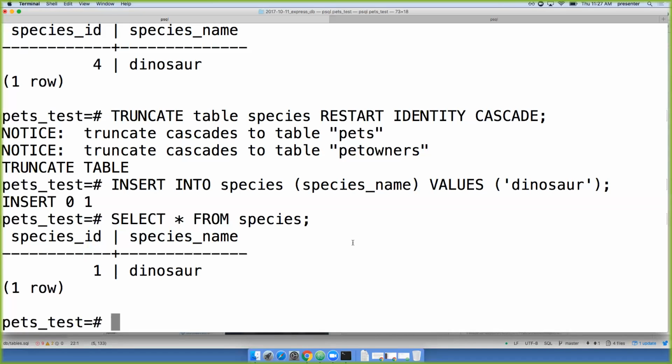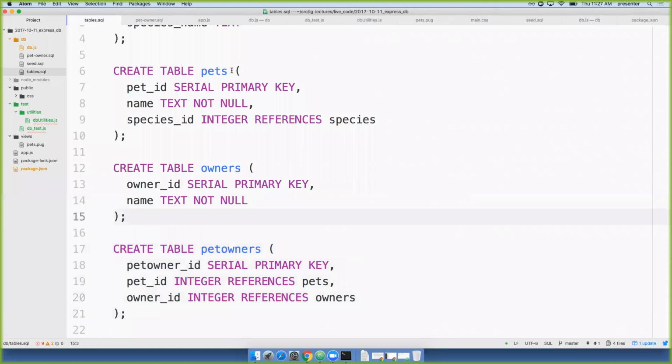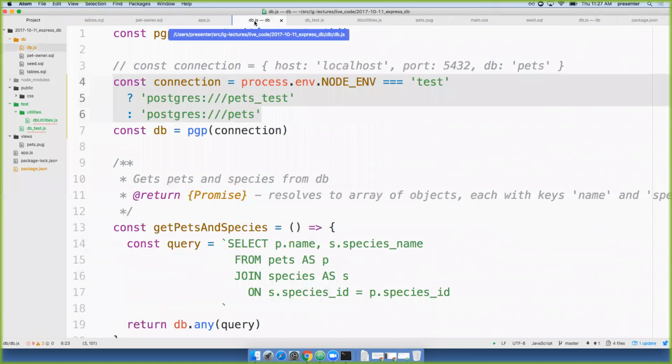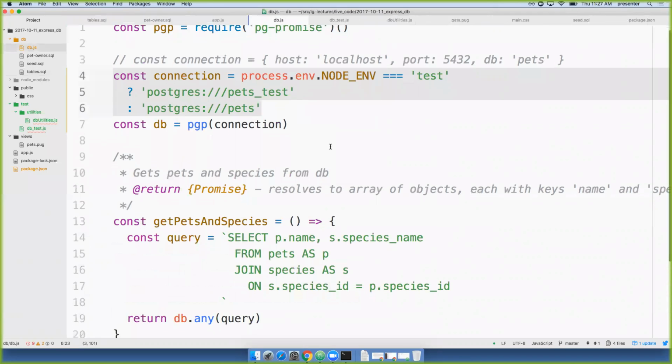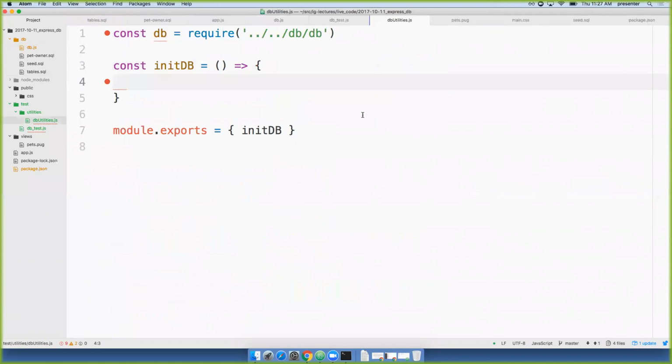Great. So, okay, we're finally ready. Testing promises. We'll get to it in about 15 minutes. We're finally ready to, in our DB, do I have db.js open twice? I didn't know you could do that. Okay. So now in my dbutilities.js,